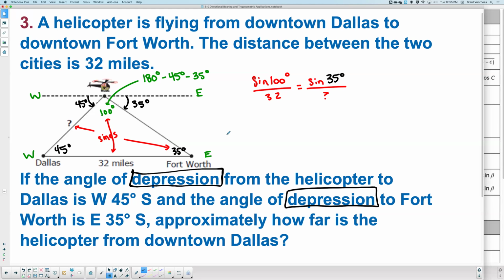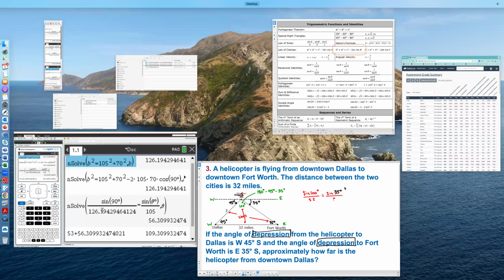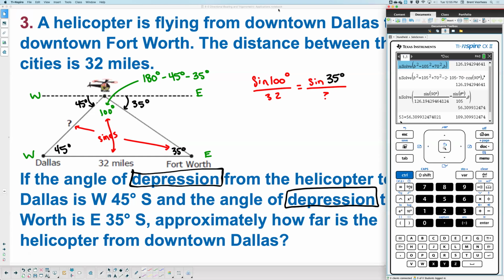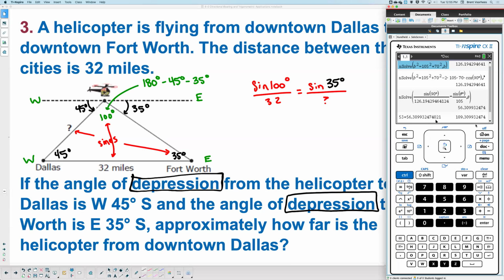Let's nSolve that. Let's go to our calculator and nSolve. New document. I don't want to save this. Calculator, menu, 3-1. Sine of 100 degrees. Where's the degree button? Pi. Over 32 miles equals